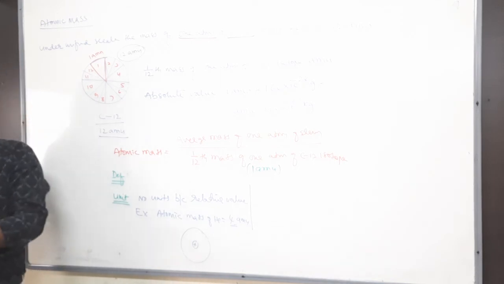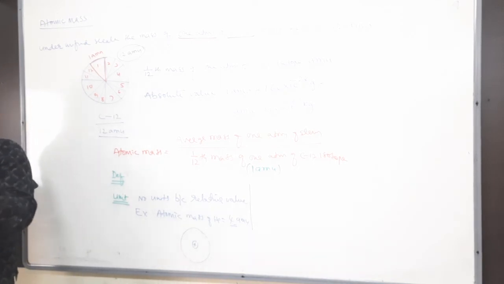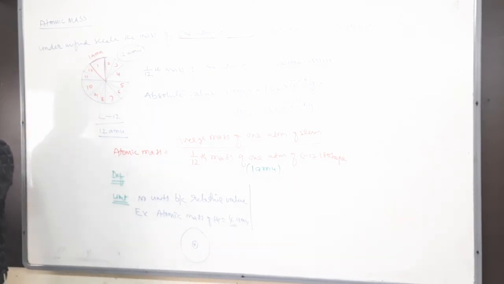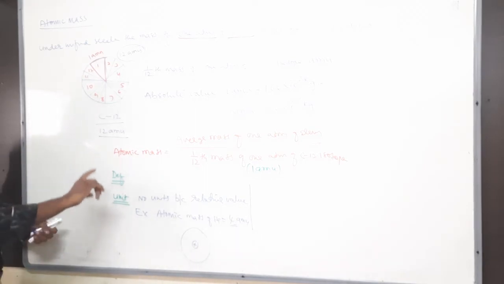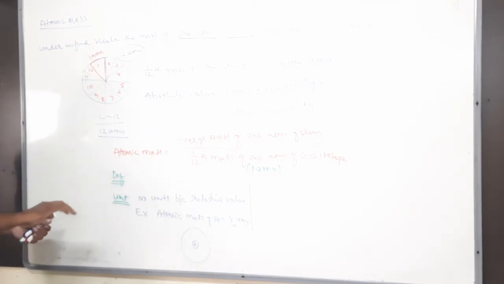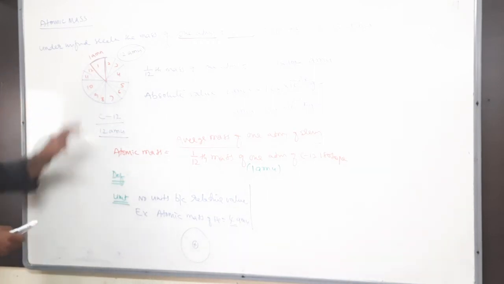We have 2 chalk pieces, 2 pens. It is a smaller chalk piece, even a smaller pen, and a longer one, right? Now the longer one is 2 times or 3 times. It means it has no unit, no? No units. Similarly, this is also a comparison. So we are comparing atomic mass with what? 1 AMU. We are comparing the atomic mass of all the known elements with 1 AMU.